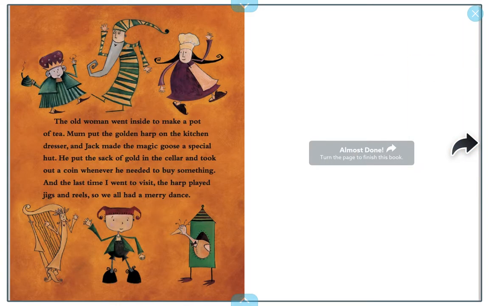The old woman went inside to make a pot of tea. Mum put the golden harp on the kitchen dresser, and Jack made the magic goose a special hut. He put the sack of gold in the cellar and took out a coin whenever he needed to buy something. And the last time I went to visit, the harp played jigs and reels, so we all had a merry